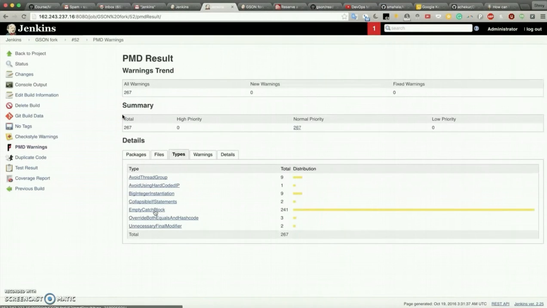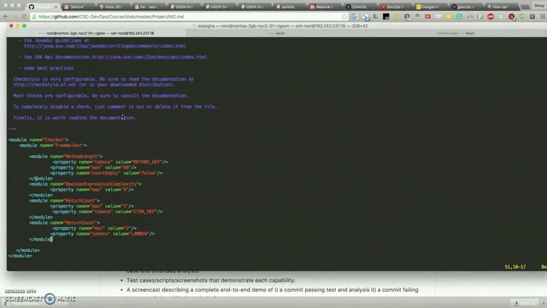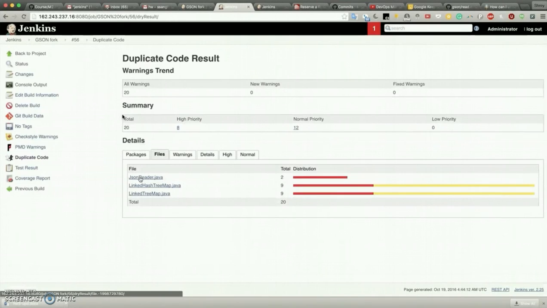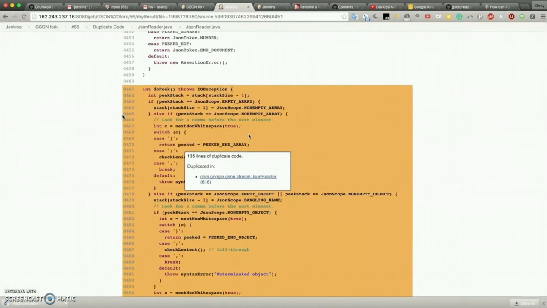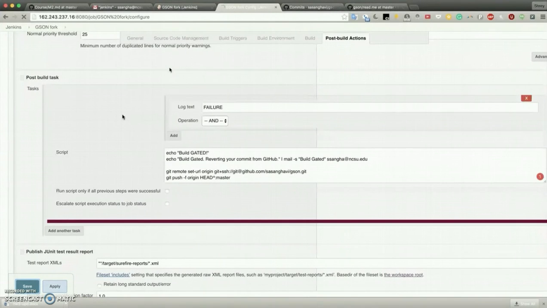We implemented basic static analysis using PMD, and we also added additional rule sets in Checkstyle in order to get custom metrics. We implemented security token detection and code duplicate detection using the CPD plugin. Finally, we gated the builds which did not pass our analysis thresholds, and we sent email notifications to the user